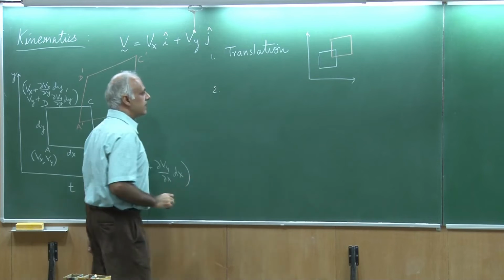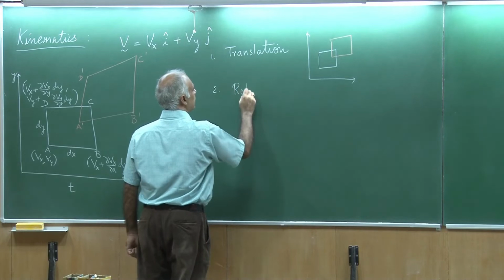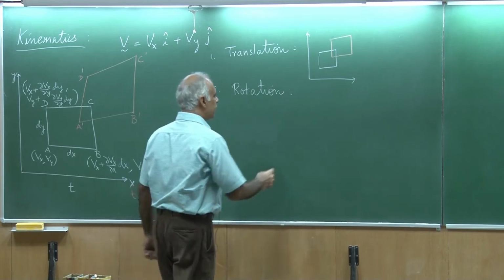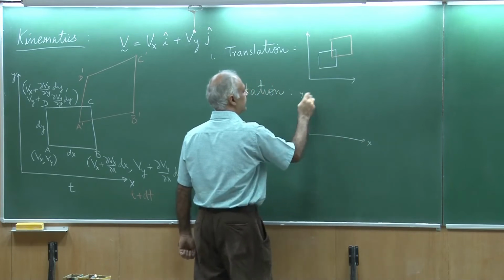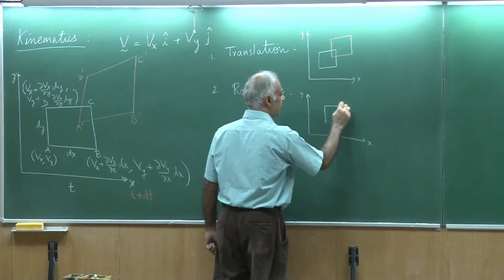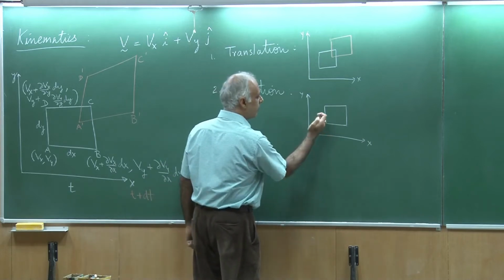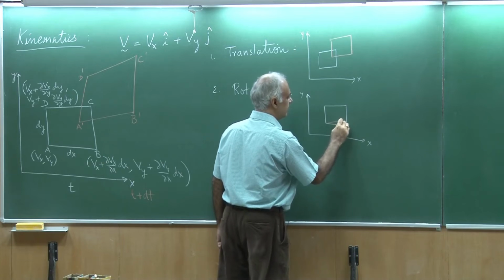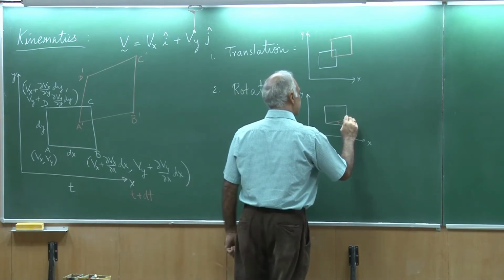I could also have a situation where this element could actually rotate. So, I could have rotation. The way I would like to picturize rotation is, these are of course the x and y axes. This was my initial element, and now these edges simply rotate about the z axis. So, this edge rotates by an angle theta, and so does this other edge.